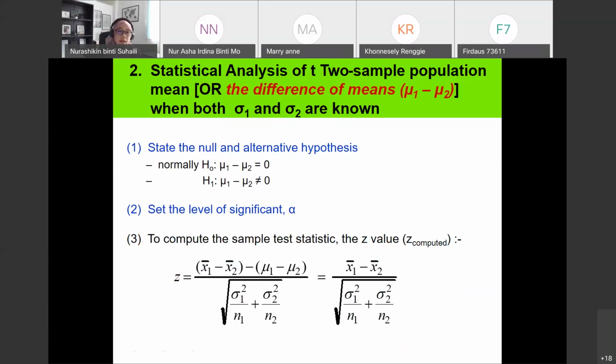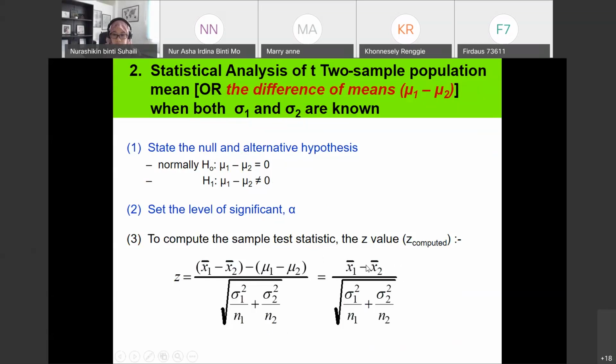The second step is to set the level of significance, which is alpha. Same thing, if it is not given, you have to define it yourself, and you have to know that the normal values used are 0.05 or 0.01. The third step is to compute the sample test statistic. Here we have to use this formula. The first expression here, you ignore, because this is the simplified version. Z is equal to